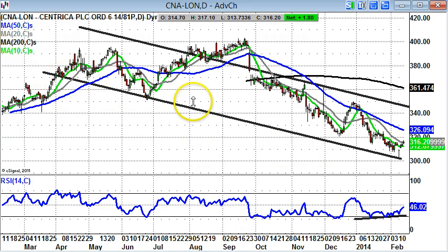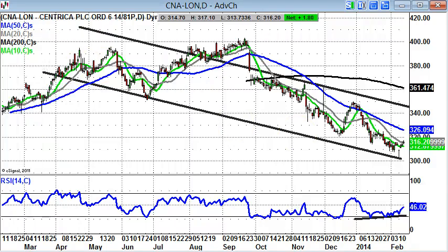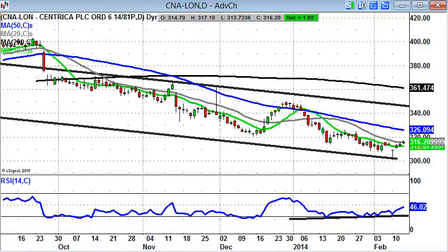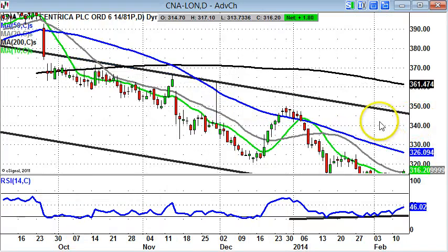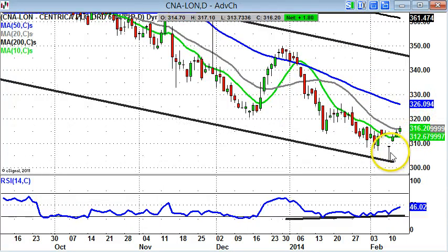Again, an April price channel, falling price channel, heading towards the £3 level. The exact level was down to £3.02 on the 10th of February. And that really is the pivotal level at the moment. What you can see here also is an interesting charting configuration in the sense that the price action of the 10th of February was a hammer candle, a very emphatic island day bottom there for the stock, and we gapped